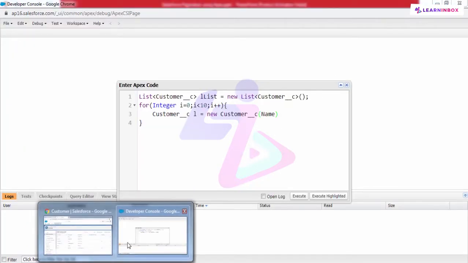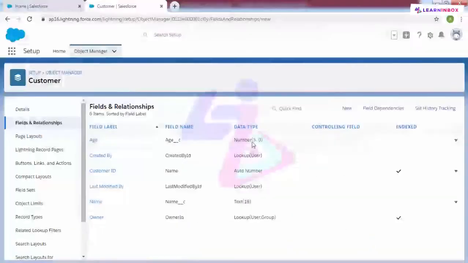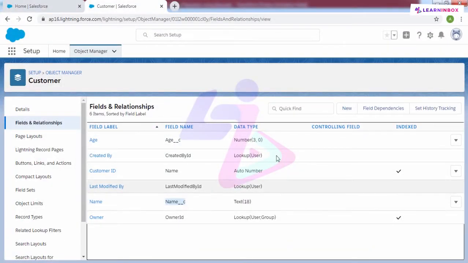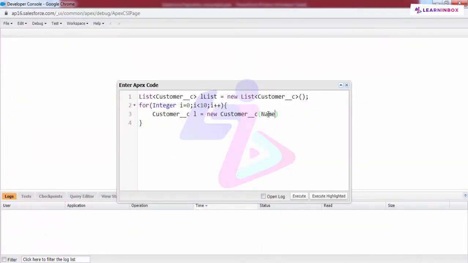So for that I have to use its field name, that is name underscore underscore c equal to customer plus i. So the newly inserted records would be customer 0, customer 1, customer 2 and so on.